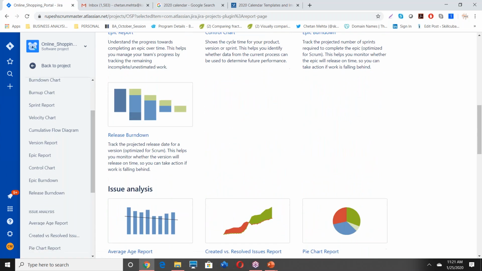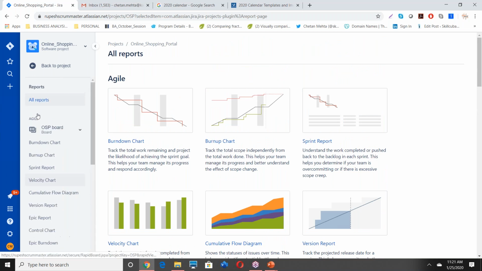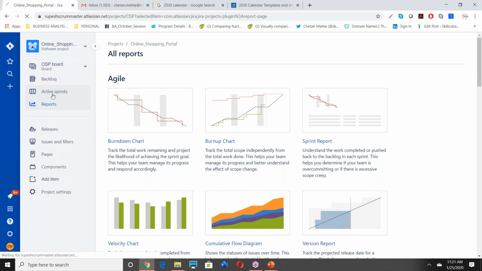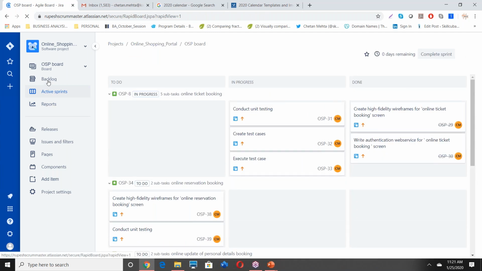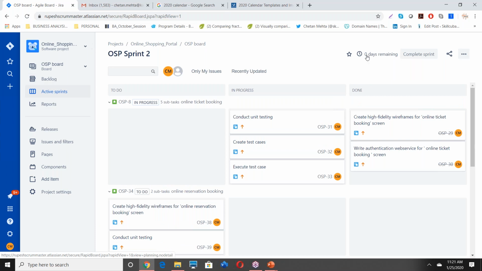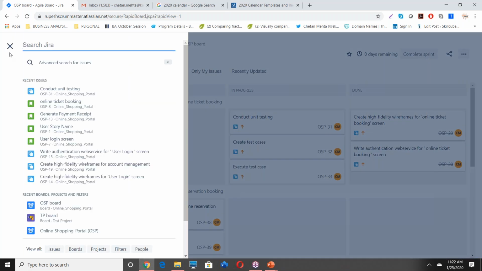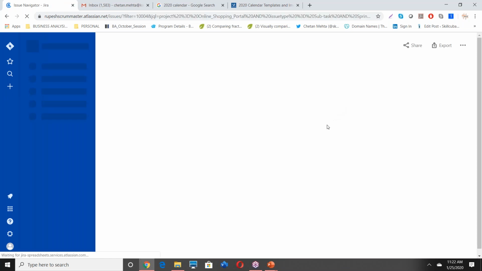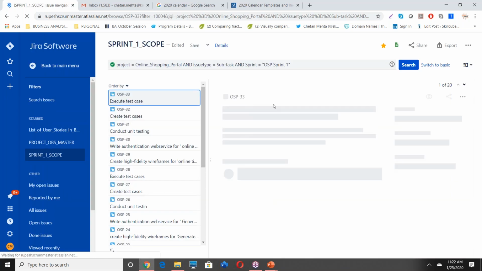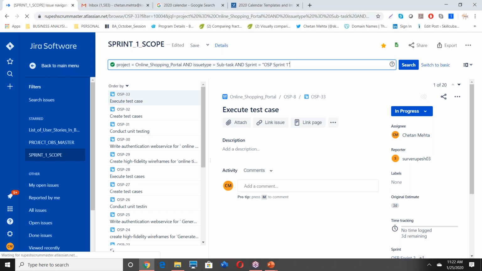So from where should I get this information? I mean, how should I get this information? So you'll have to create the report, a manual report. So if you go here, let me go back. Do we have any active sprint? We have. Okay. So let me go back to the search. Do you see the search capability? Yes, I see. Go and click on advanced search.